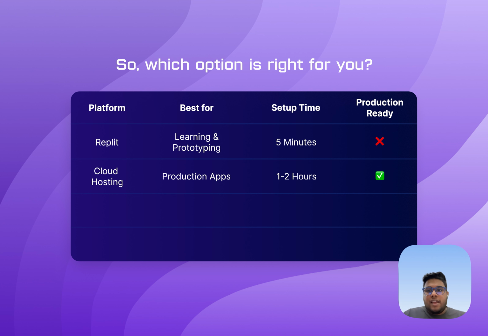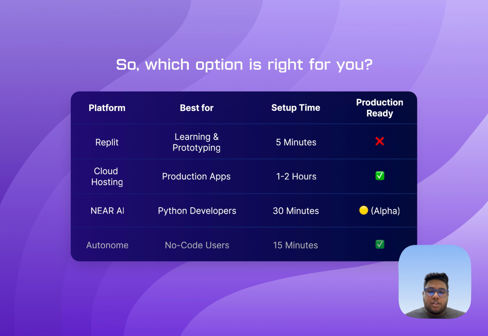Next, we have Near AI, which is best for Python developers. For all the Python native developers out there who want to build more AI agents using AgentKit, Near AI is the best option for you. The setup time might take around 30 minutes or even 15 minutes, depending upon your expertise level. And it's not actually production ready though, it's still in the alpha. But as Near AI nears production level, it might become production ready as well. So keep an eye on Near AI to see all of the updates.